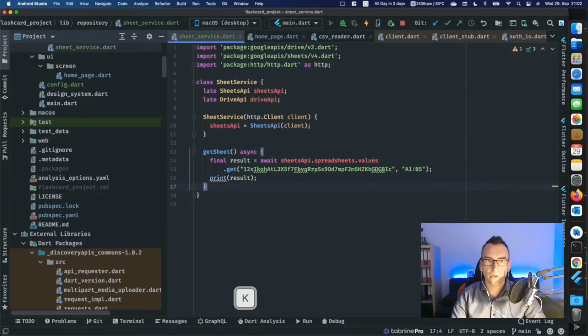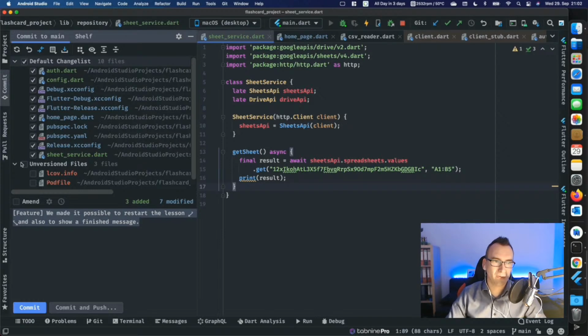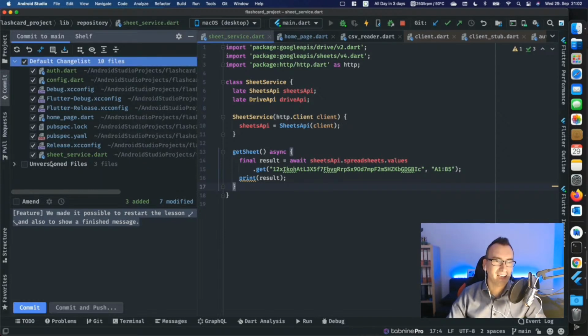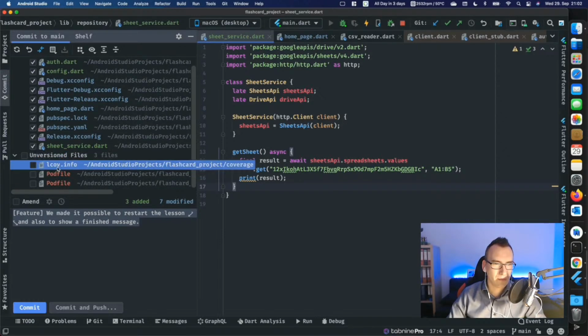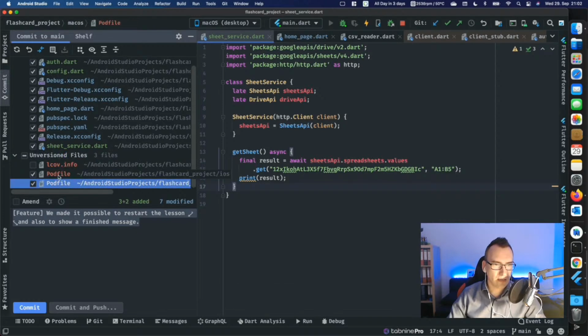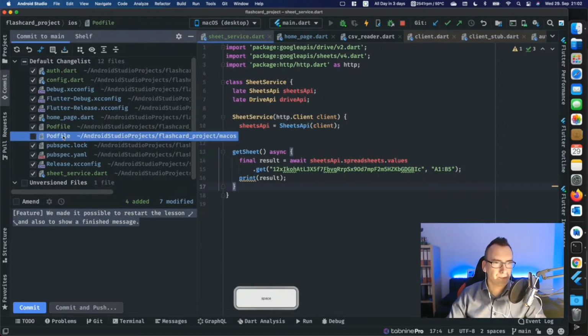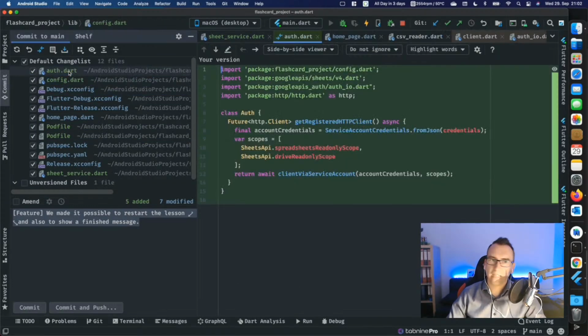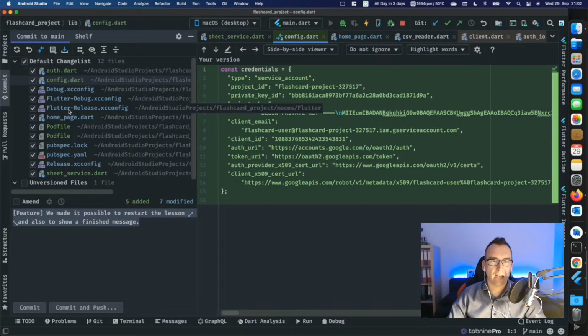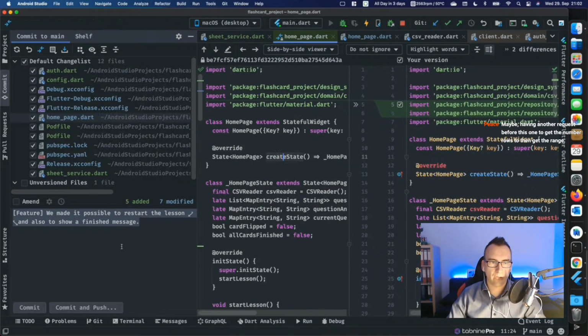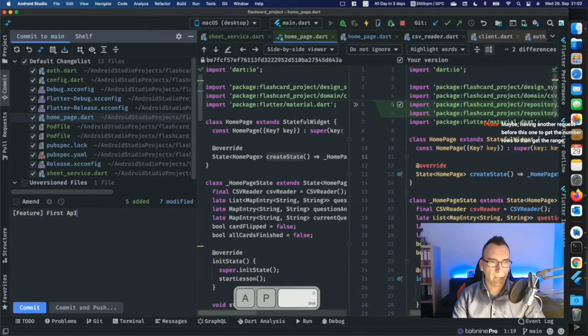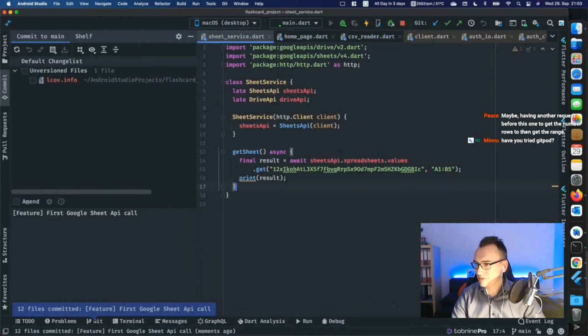What I will do for now is I will create our first commit, which includes a lot of things, but I will also add these pod files. I think they are needed to build things. So, but in general, we already started with a lot of different things, and I will just commit that stuff so that we don't forget about it. So we made it possible. First API or Google Sheet API call, because we slowly come to the end of the live stream, but we